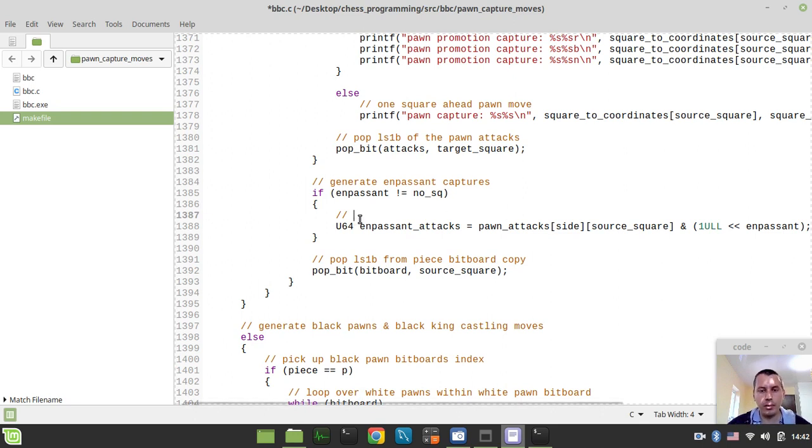So I'm just thinking how better to comment this line. So let's say look up pawn attacks and bitwise end with enpassant bit, let's say enpassant square, and just to make sure that this is the bit. Okay,